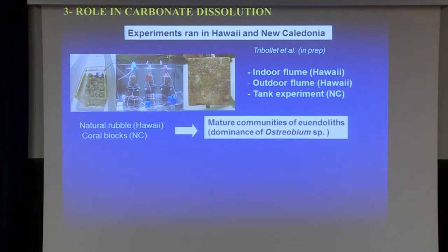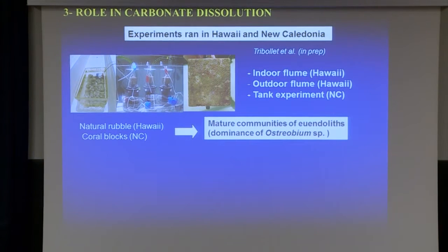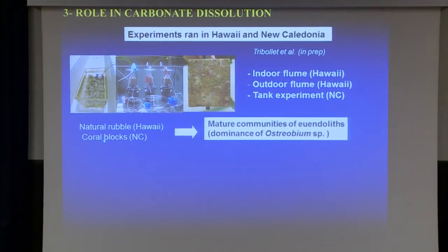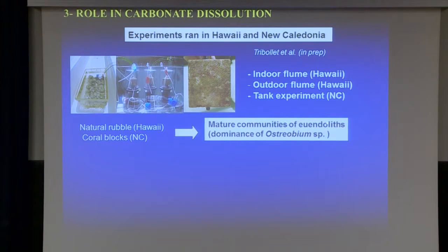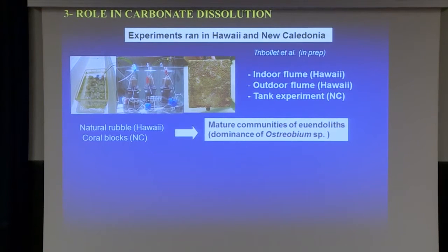what we did. We ran an experiment in an indoor flume in Hawaii where we had constant light and natural water chemistry. We didn't change the water chemistry, to measure by day and by night dissolution and photosynthesis and respiration of euendoliths, colonizing either natural rubble, like here, which is coral debris that you can find on a coral reef, or coral blocks which were colonized by euendoliths for a while to get mature communities dominated by the green alga Ostreobium. We also ran an outdoor flume experiment in Hawaii, which is here, to measure photosynthesis under natural light